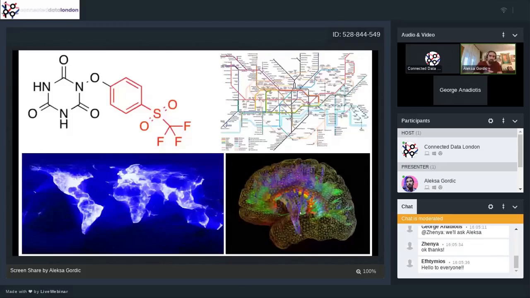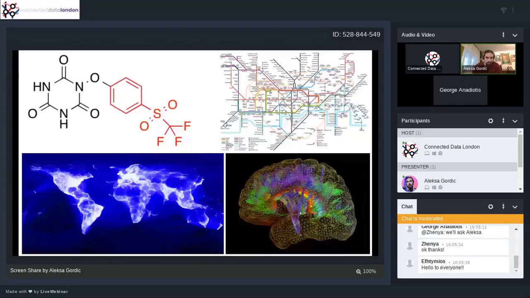Then you have bonds, which can be a single bond, a double bond, an aromatic bond, and so forth. Then we have traffic networks, which can also be modeled as graphs. The intersections are nodes, and the roads connecting those intersections are edges in the graph.